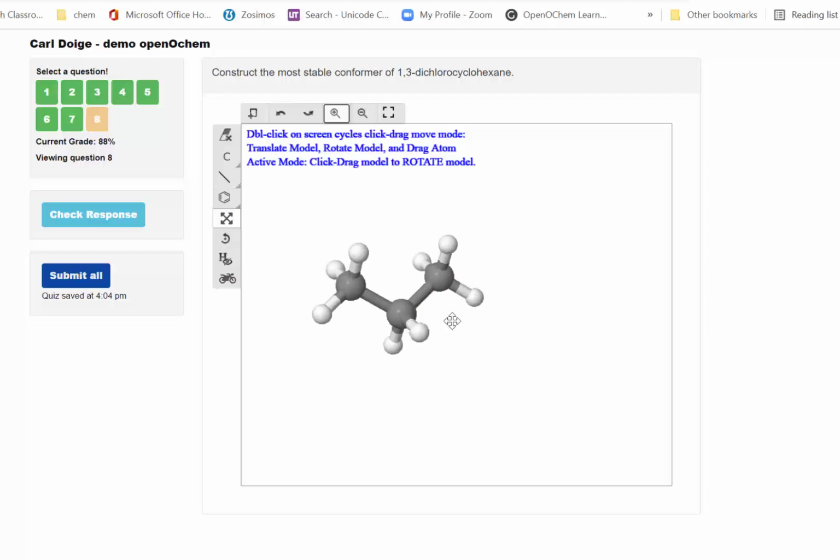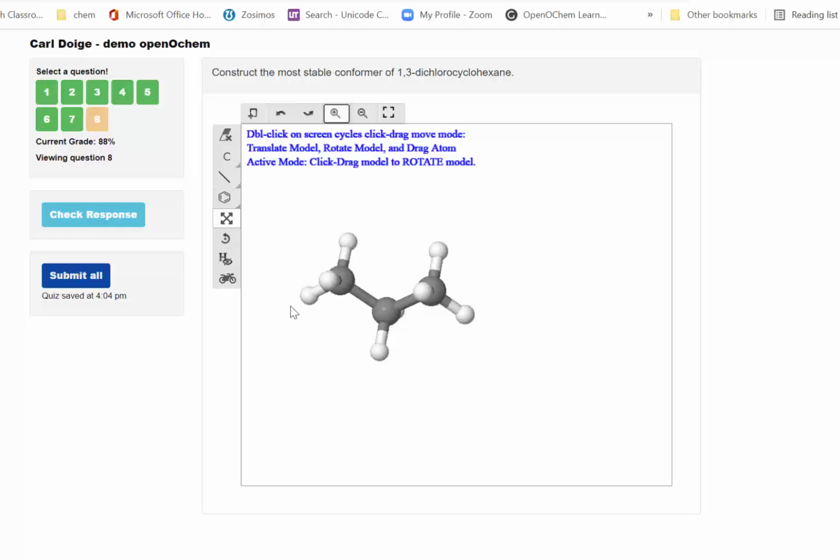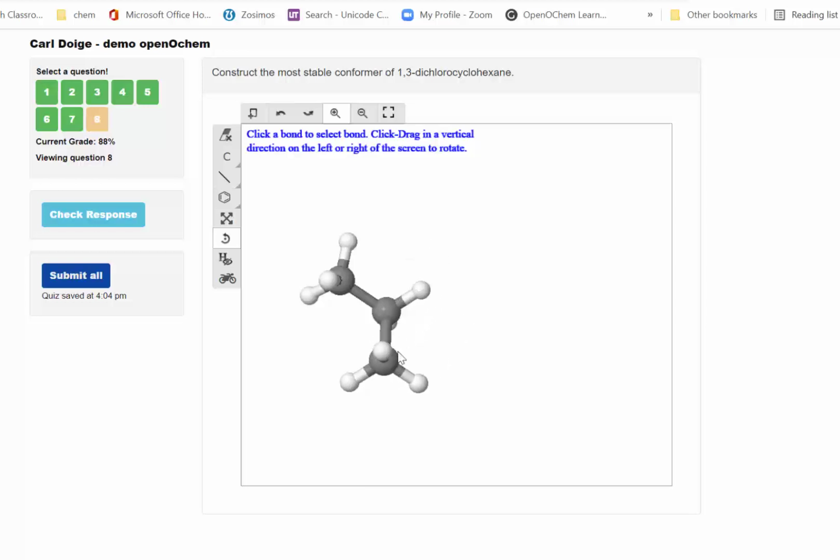One of the other great features of the openOchem is that it allows us to do something else. And that is if I select this tool and then click on one of the bonds, for instance, this one, I can actually rotate the bond. And this allows us to look at, again, different conformers with different levels of stability. I've yet to see a 3-dimensional tool that allows you to do that, except for the one here in openOchem. But anyways, that's a sidetrack. We want to draw